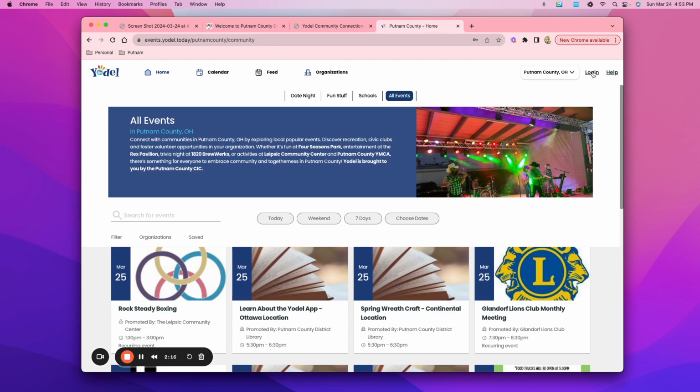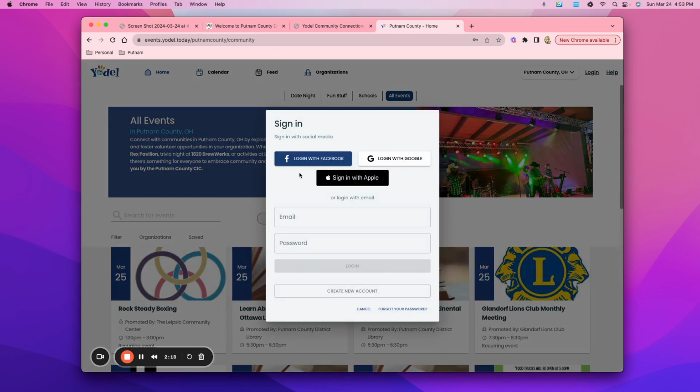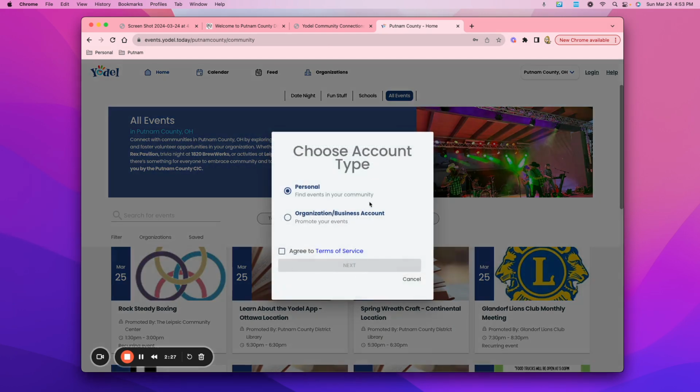So if we go to login here, we can either log in through Facebook, through Google, or through Apple, as well as just through an email account. If I go to create new, a personal account is what I would be using. Organization or business is what you see the people that are on the site using.